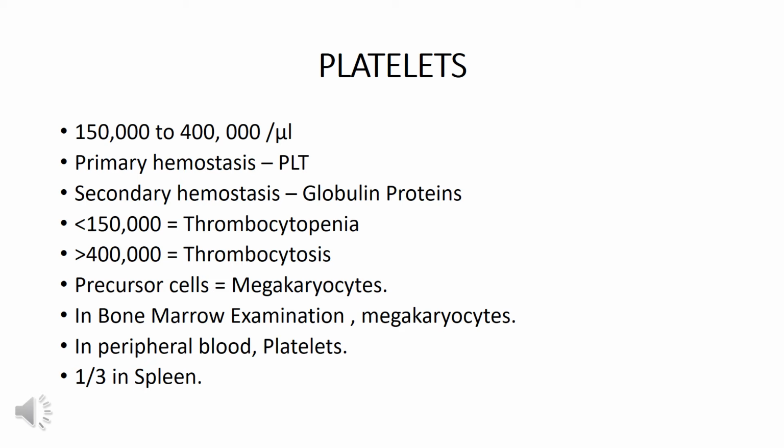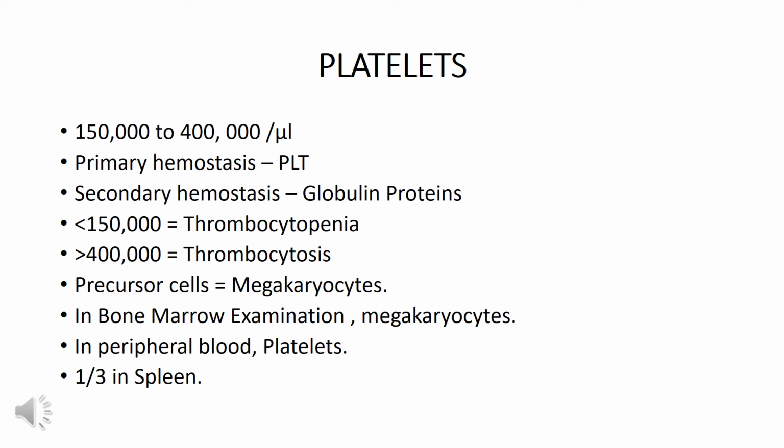But if the patient has a platelet count greater than 750,000 per microliter, it means there is a problem in the blood, there is a disease which is causing an increase in platelet formation. Obviously an increase in platelet concentration can cause more chances of clotting. You should be well aware of the concentration or normal ranges of platelets.